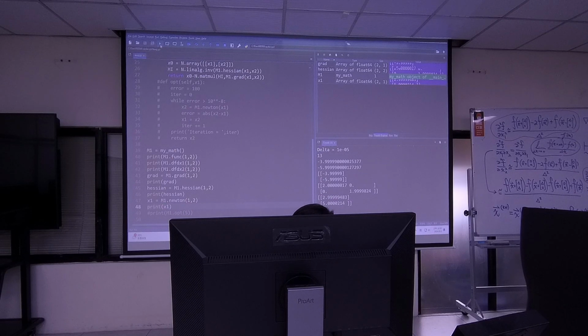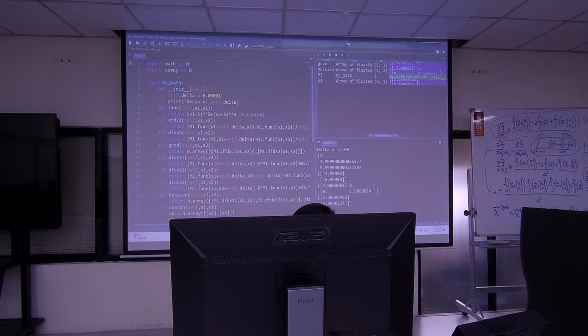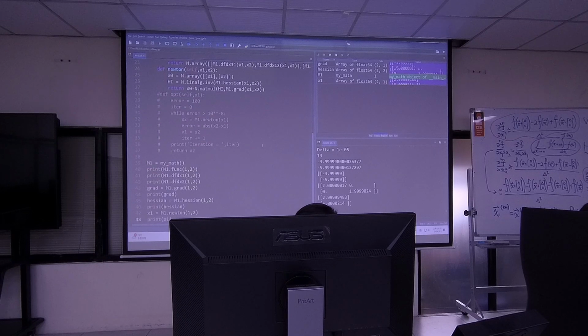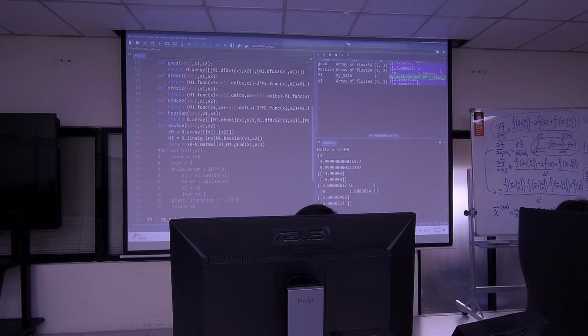Did I say 3 and 5? Yes, 3 and 5, right? So initially, I put in 1 and 2. This Newton equation gives me 3 and 5 because that's where the answer is. Okay, but it's not accurate enough. I want to do the optimization process again. So here, add x2 right here, everything almost the same, but right here you will do Newton's method x1 and